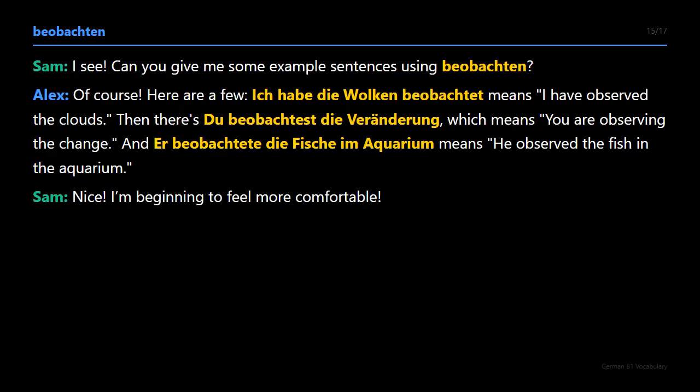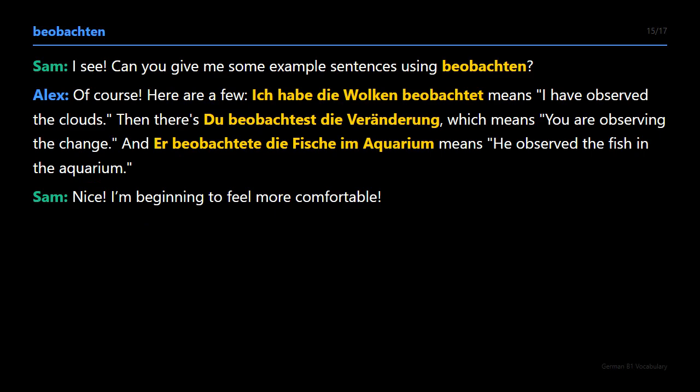I see. Can you give me some example sentences using beobachten? Of course. Here are a few. Ich habe die Wolken beobachtet means I have observed the clouds.